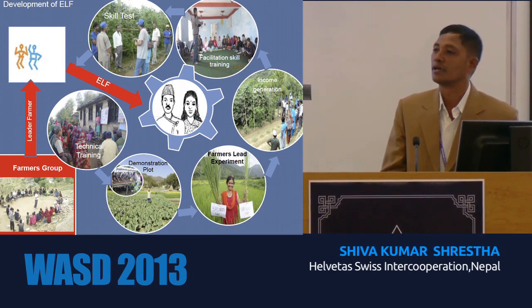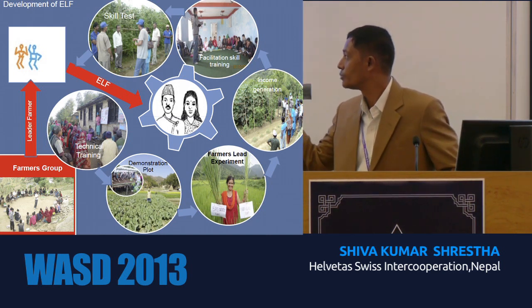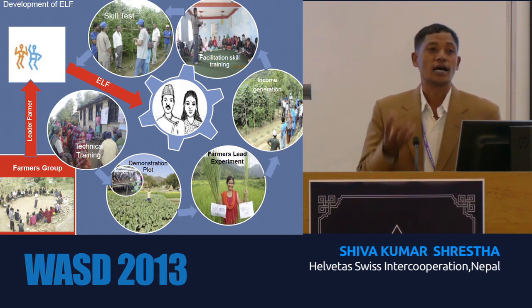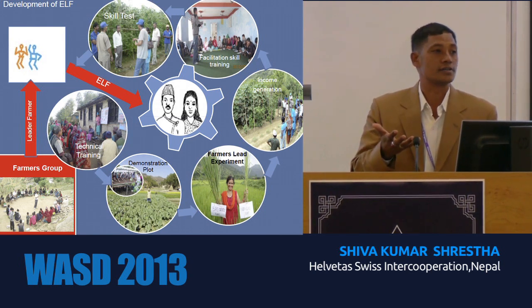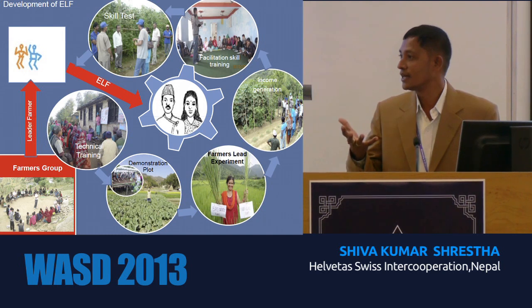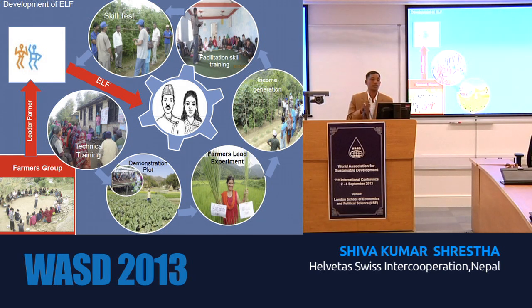They will give the technical training. Also, they will receive demonstration plots. What I believe is that the demonstration plot will work as a research station for the farmers, and farmers themselves are researchers. They will find the technology, and they will test it. If it is proved that it is very beneficial to them, then they will transmit that technology to other farmers as well.